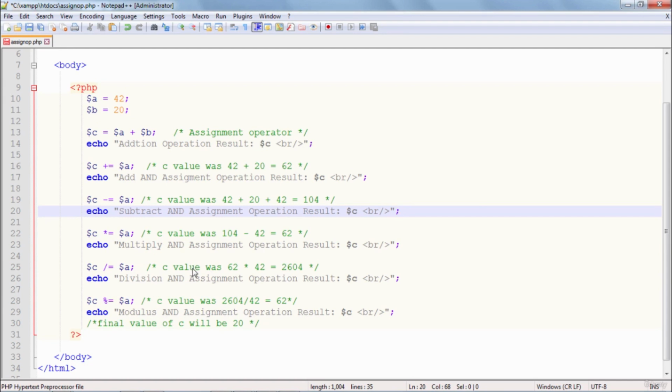So it should be 104 multiplied by... 62 multiplied by 42 will be 2604. That should be the result. Similarly, for the divide and assign operator, the result should be 264 divided by 42. So for the divide and assignment operation result, I expect it to be equal to 62. And finally, the mod operation C mod equal to A, that is really equivalent to C equal to C